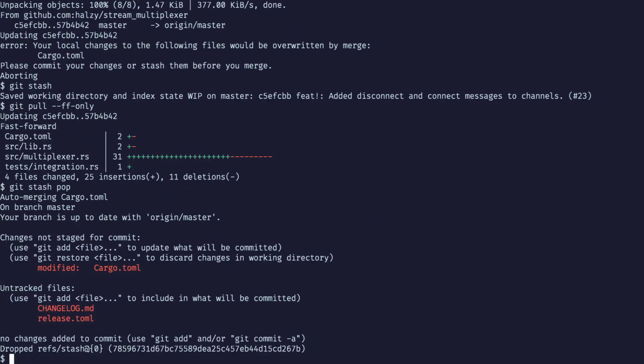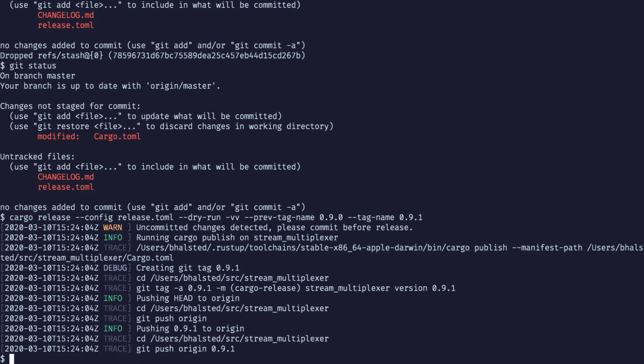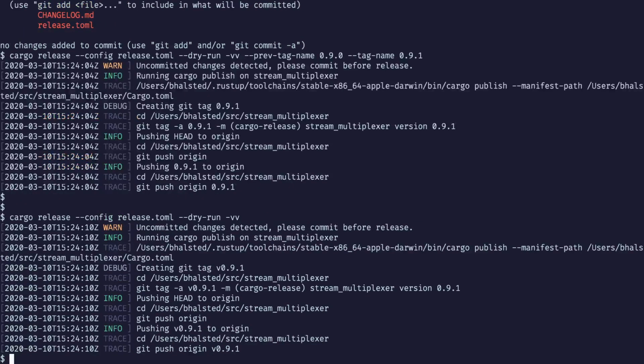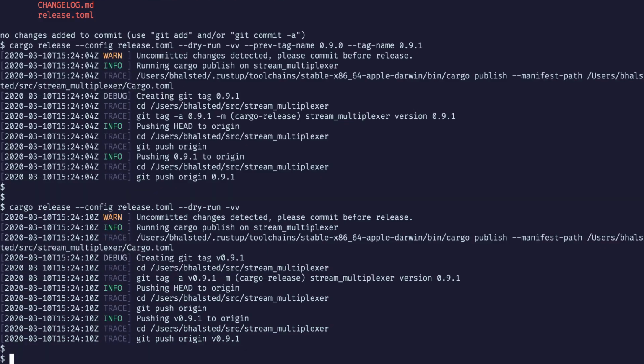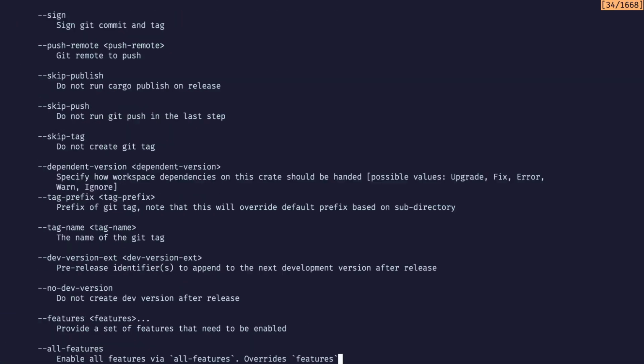Pop that. Okay. And what if we remove those? Okay. It's fine. And to play around just a little bit more with it, they had